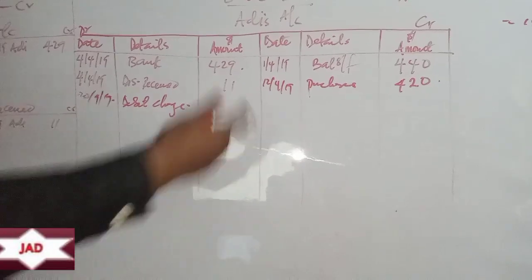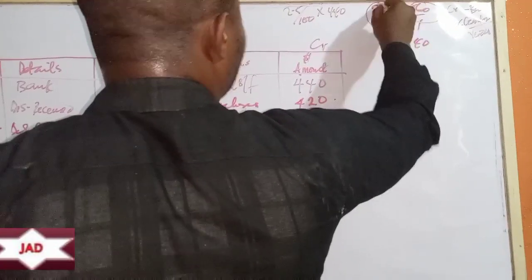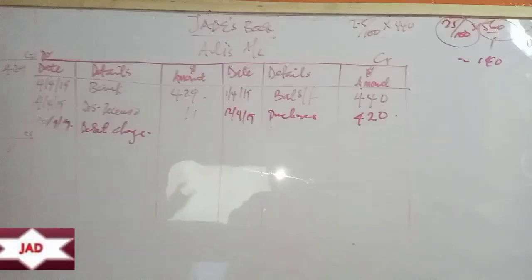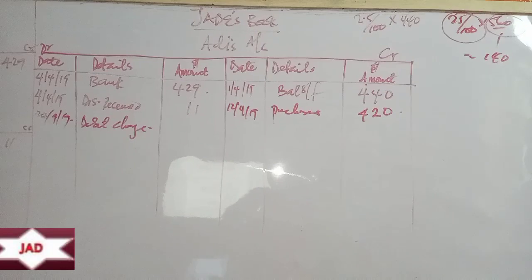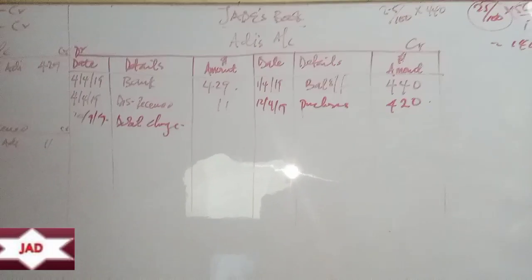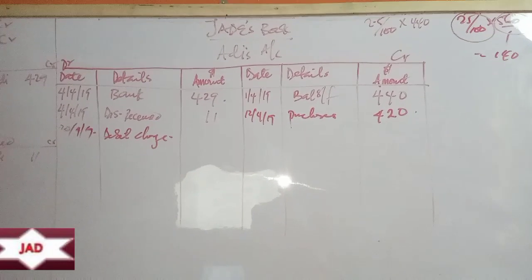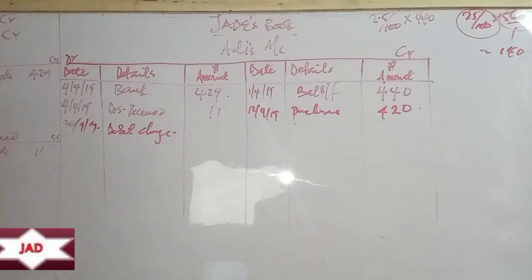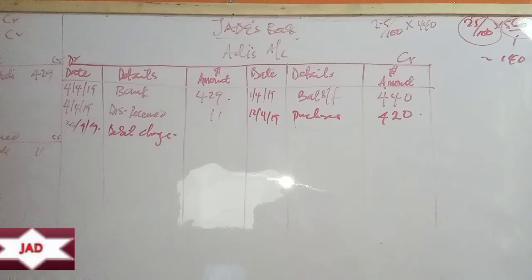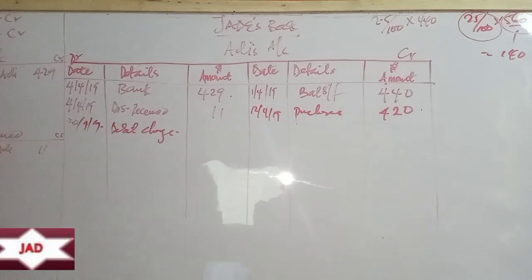But remember that the total invoice price of 560 came with a trade discount of 25%. So trade discount reduces the purchase value from Jade's perspective. If I'm buying something for 20 naira and I was asked to pay 18 naira, what we actually take into account is 18 naira. So the 2 naira reduction there really does not have a record. But because there's now a debit charge to reduce the invoice value,